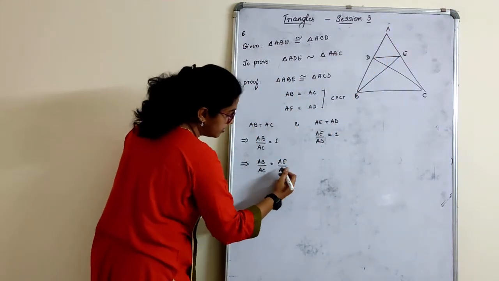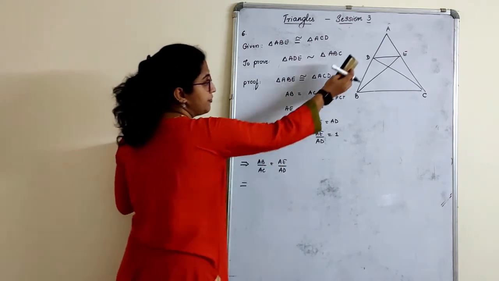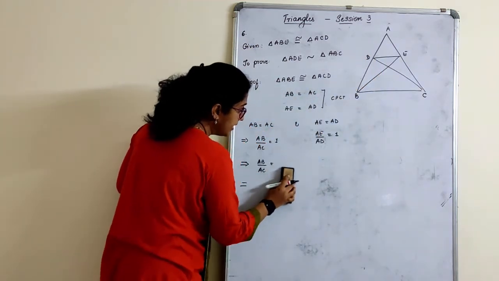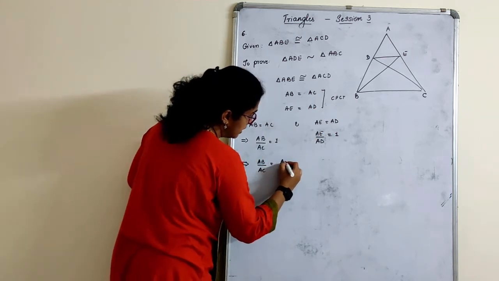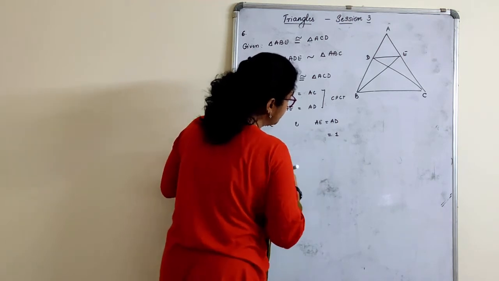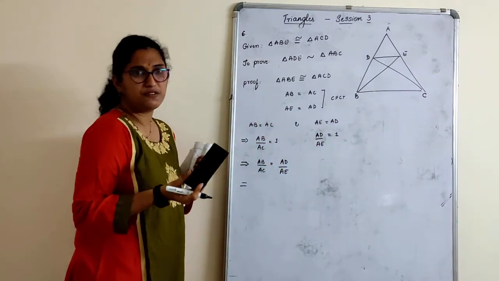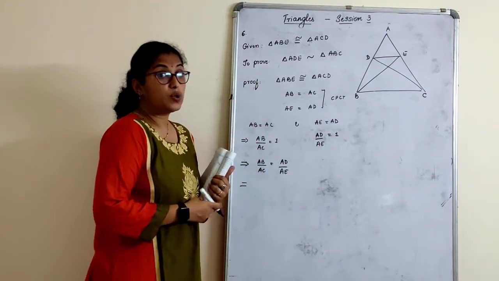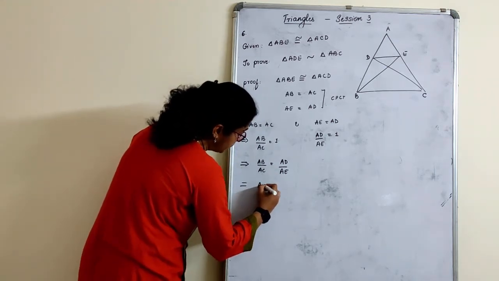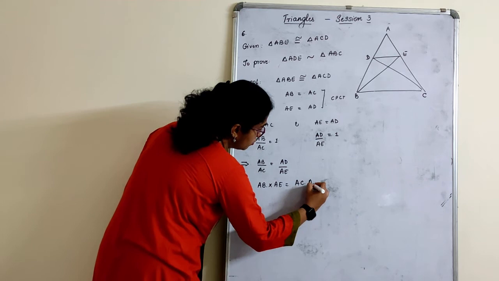Now see here, AE upon AD is there, children. AB upon AC, first we have this side, then this side. But here we are writing this side and this side. So we interchange and write this as AD upon AE. So here also you can choose the same way of writing. AD upon AE is equal to 1. Either way, both are equal. Try to write this in the proportional sides now. How to write it? Let me cross multiply. AB into AE is equal to AC into AD.